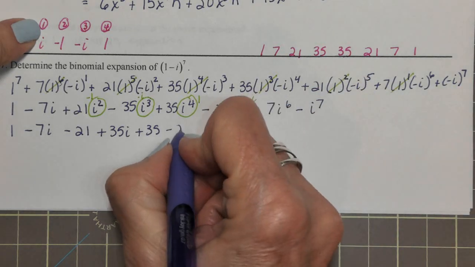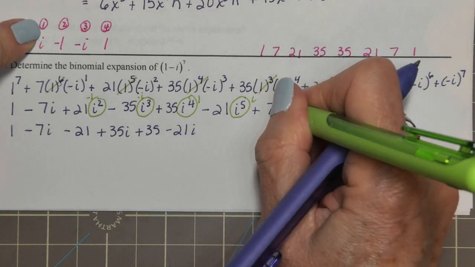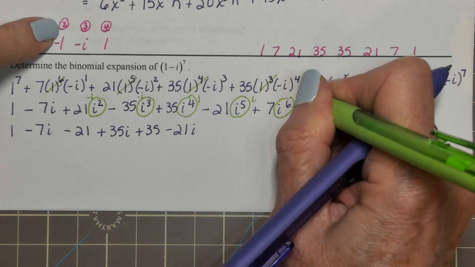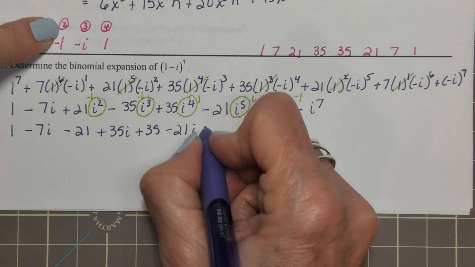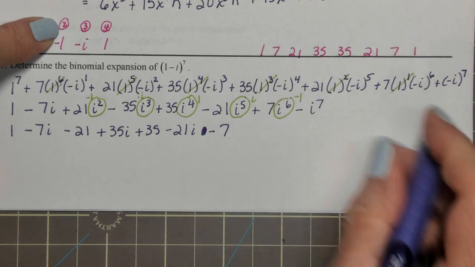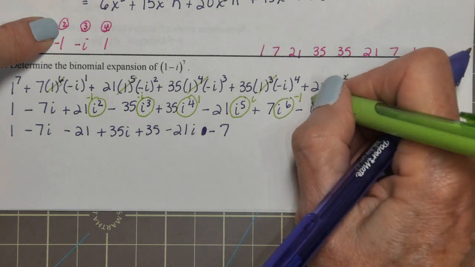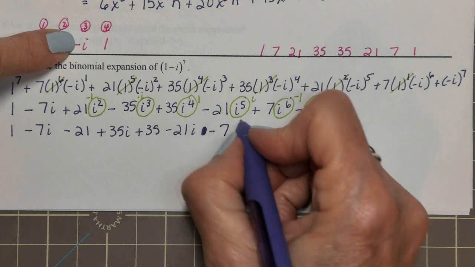So this is negative 21i. i to the 6th will be negative 1, so that's the second one over, so minus 7. And then i to the 7th will be negative i. That makes us a plus